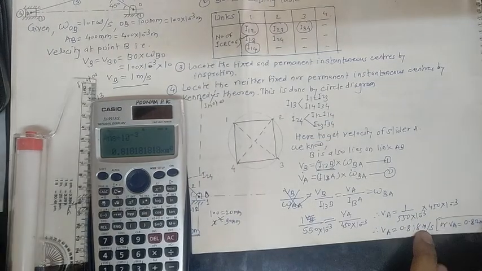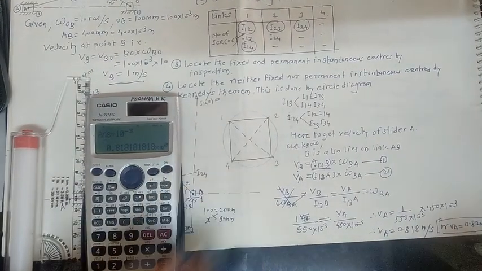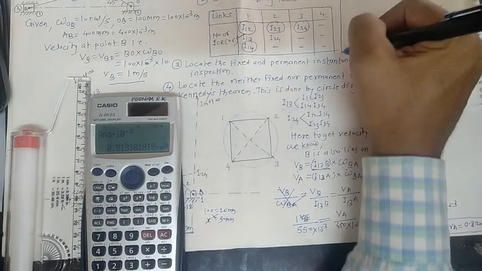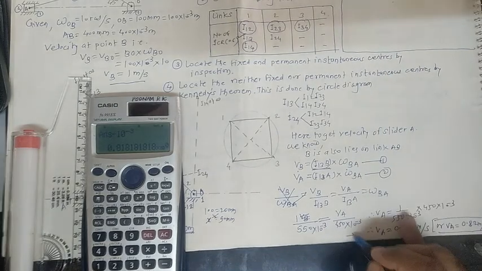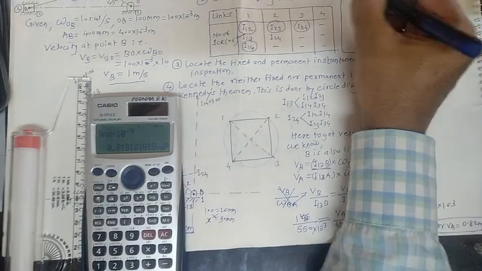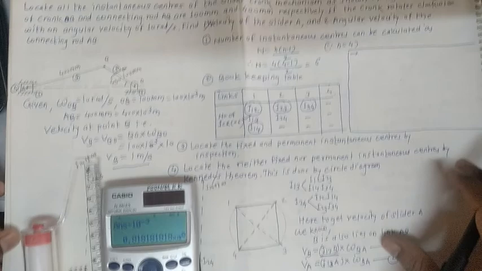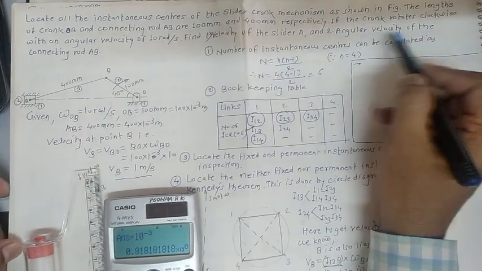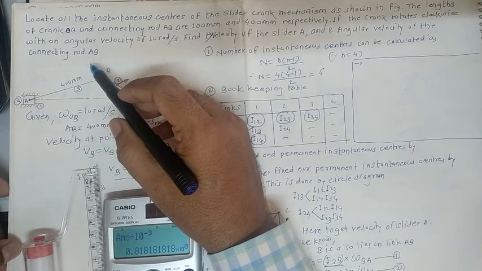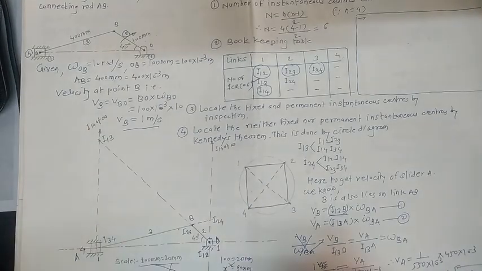So once you get the value for VA, as per limitations of space, I'll continue that next step here. Please continue your step after this. So what's about the next one? Our next target is to get the angular velocity of the connecting rod AB. So here clearly given in the problem, angular velocity of the connecting rod AB. For that already we have written here the relation. So what's about that relation?